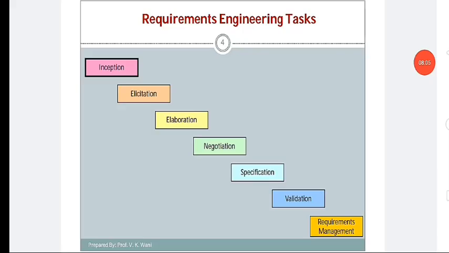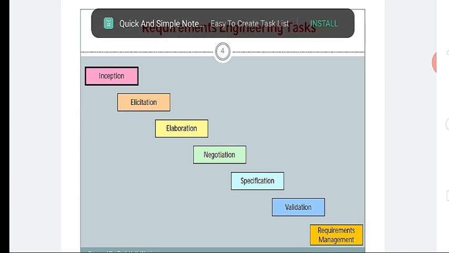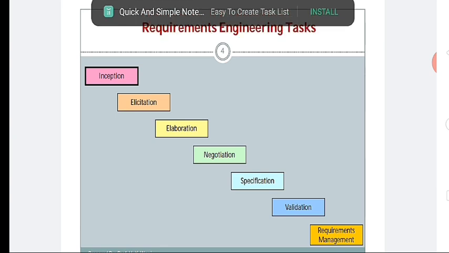Now all these tasks are carried out sequentially, as shown in this figure. Initially we have to pass through the inception phase, where the user requirements are gathered. After that, elicitation: whatever requirements are given by the user, we perform analysis on them in the elicitation process.